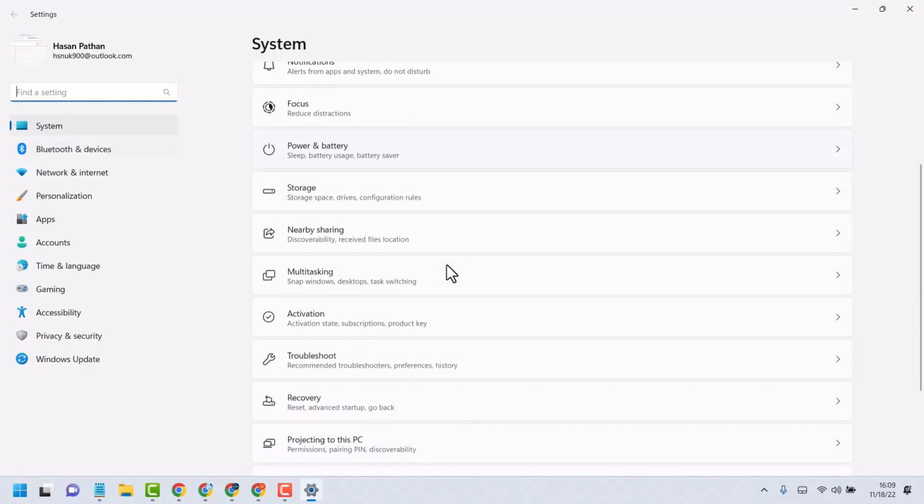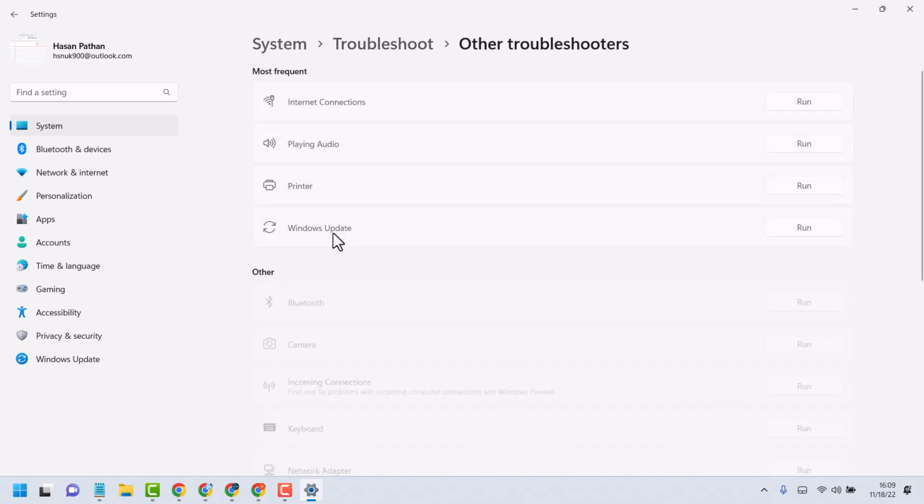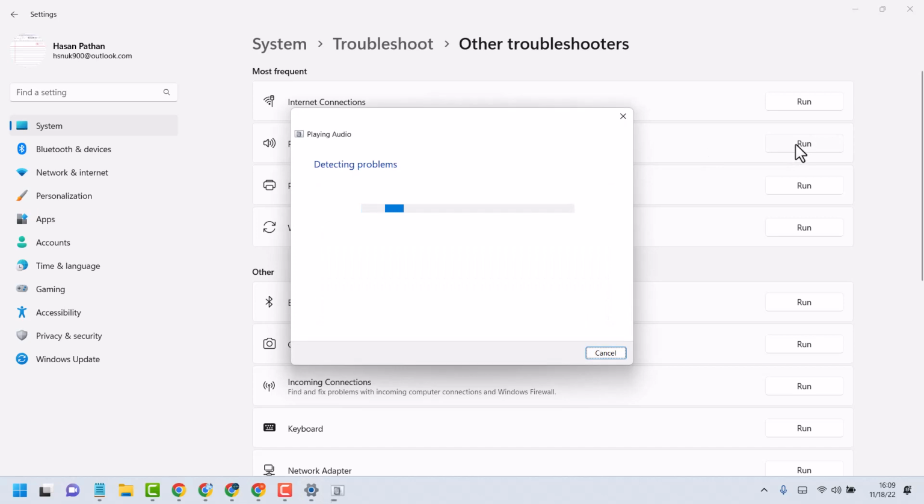Now here click on Troubleshoot, and here Other Troubleshooters. Run on Playing Audio and follow the instruction which you see in this dialog box. So this is the first method, and if you don't have enhancement tab, so search device manager,